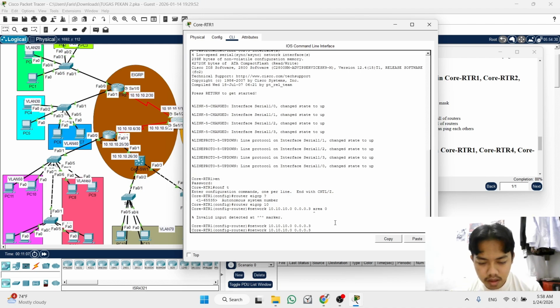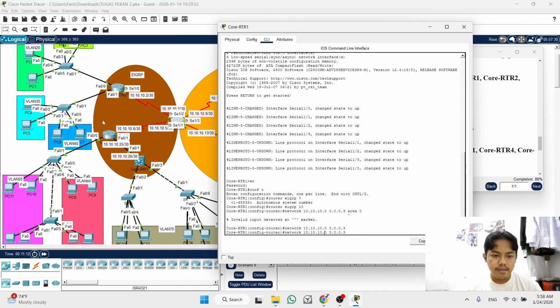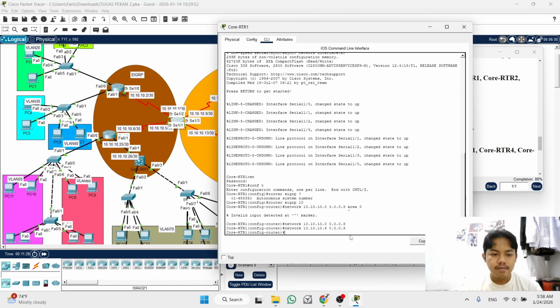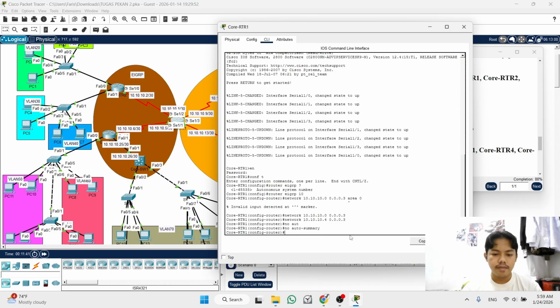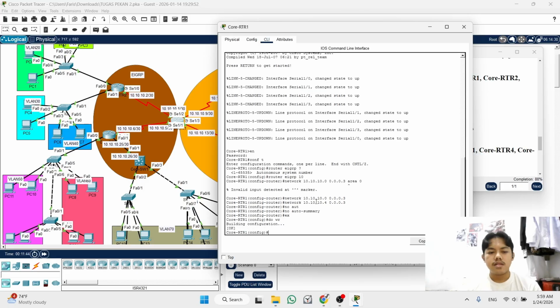After this, we go to the bottom area. As we know, the IP network from that area is 4, and then enter. For this, don't forget to configure no auto-summary. No auto-summary. Okay, and then exit, save.